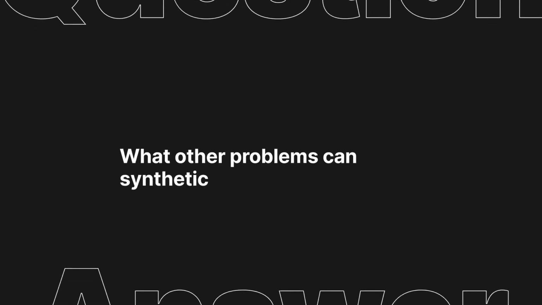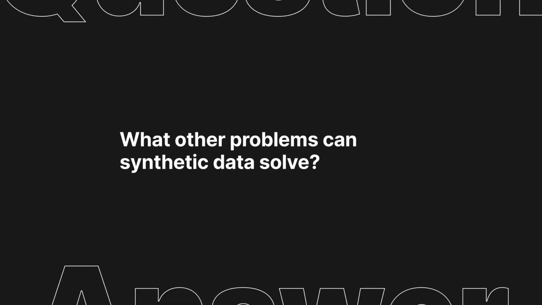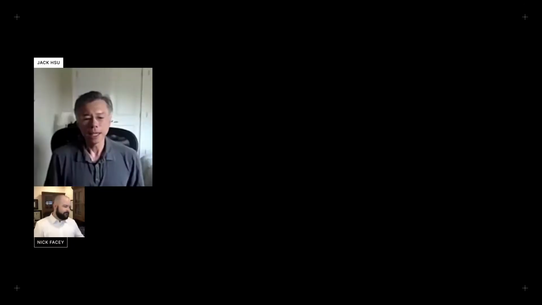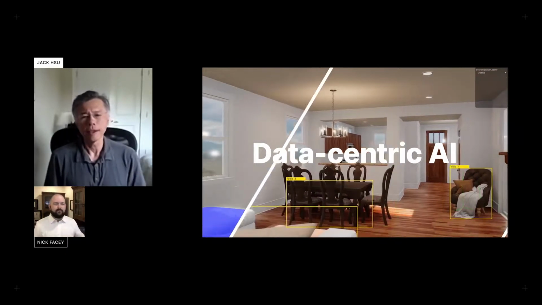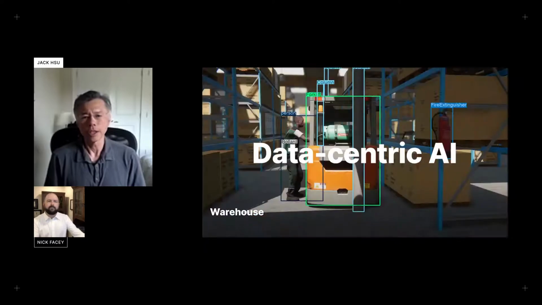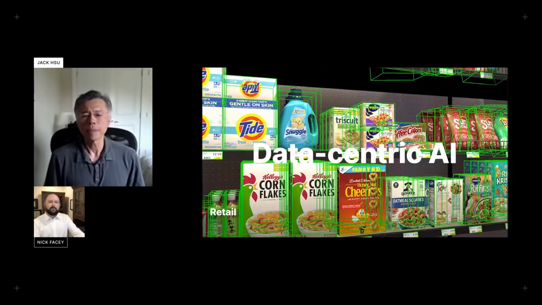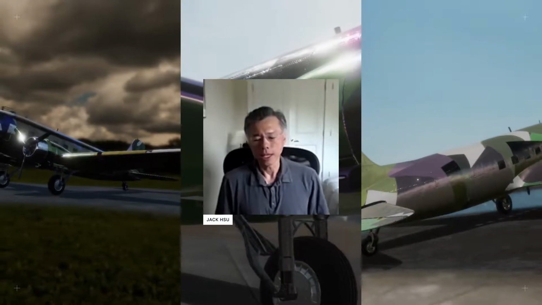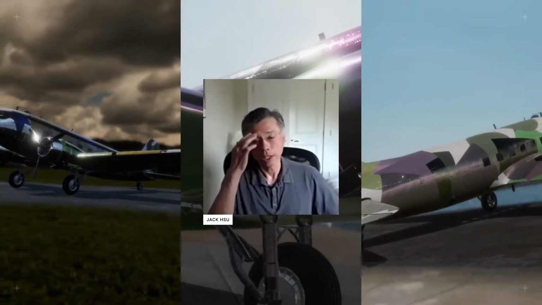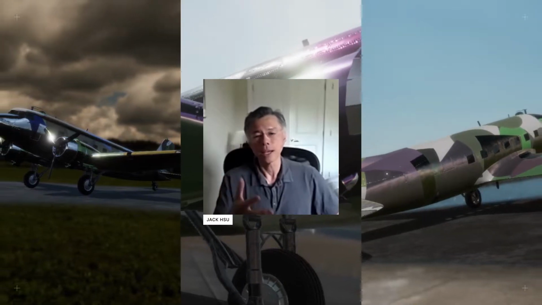So aside from inspection, is there somewhere else you think you can see synthetic data going as a problem solver? Yeah, absolutely. I think wherever there is a requirement for data to drive machine learning, there's a role for synthetics. And that happens in many areas. One example is in aviation. One of the other things that different groups in Boeing have been trying to look at is using machine learning to recognize a defect. And so, for example, if you had an iPad camera or even a drone that's flying